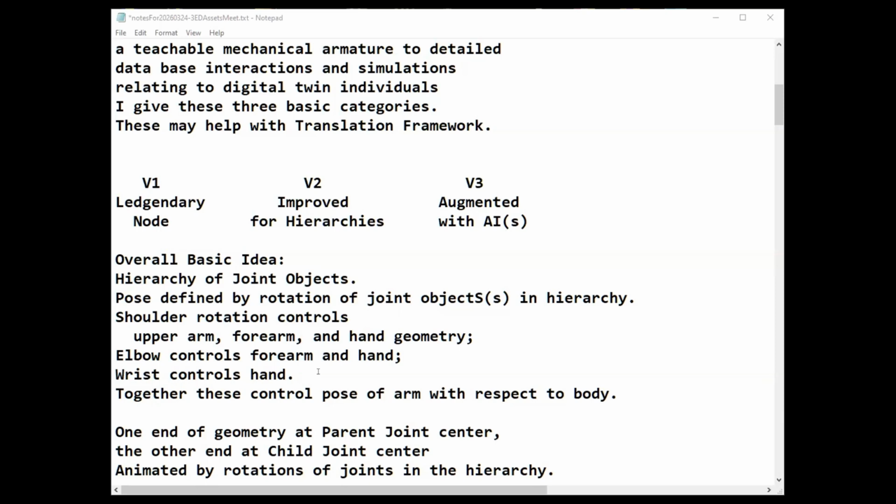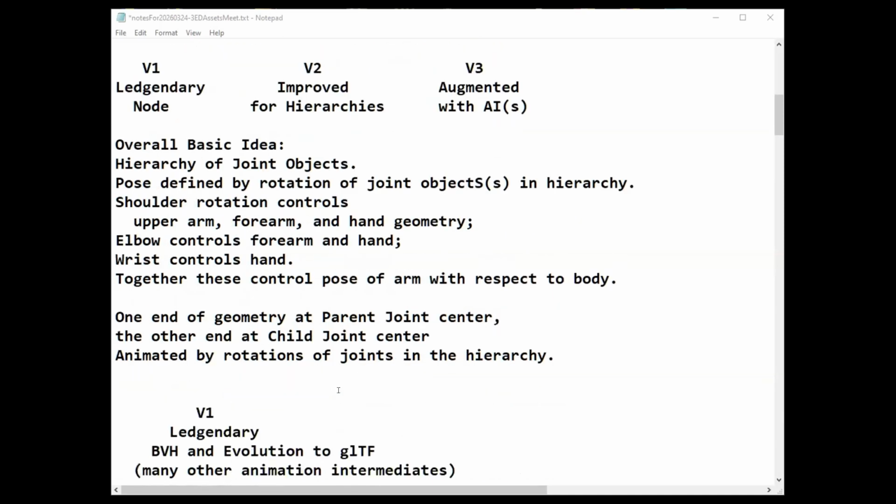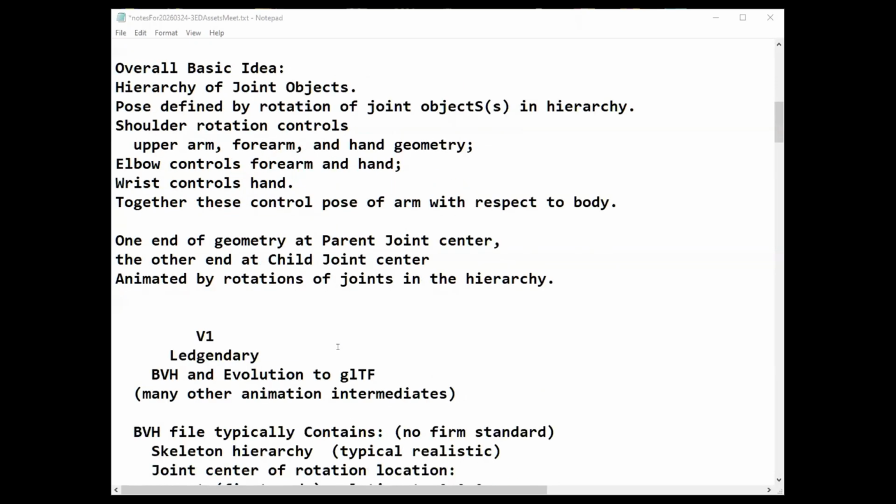So you can use this hierarchy to set rotations, for example to control pose of the arm with respect to the body by just rotating the shoulder. The fundamental idea is that one end of the geometry is at the parent joint, and the other end is at a child joint. So when you move the parent, the child moves all the way down the line.